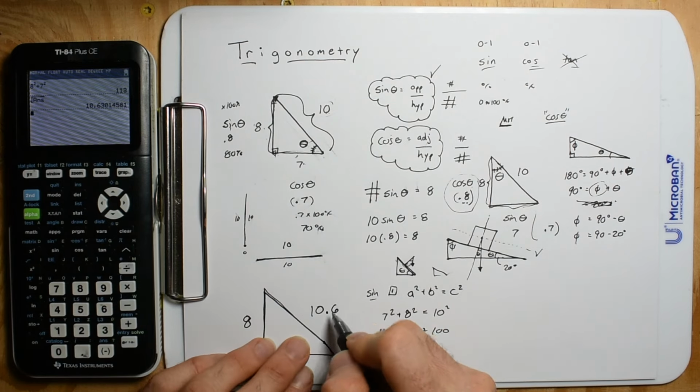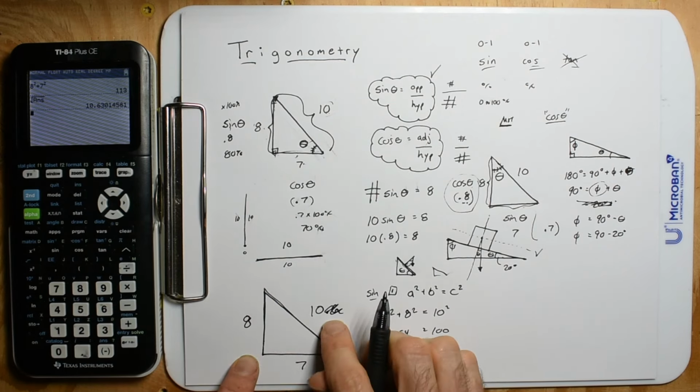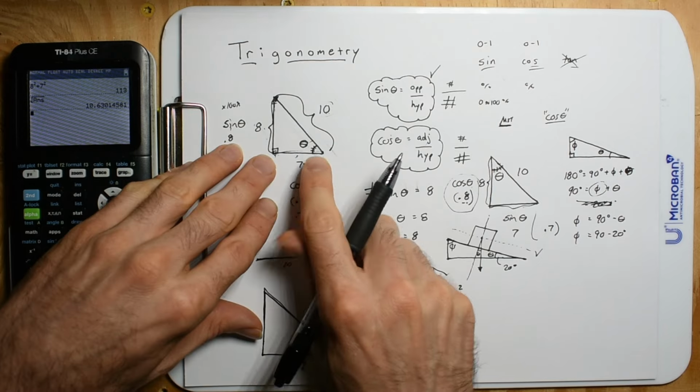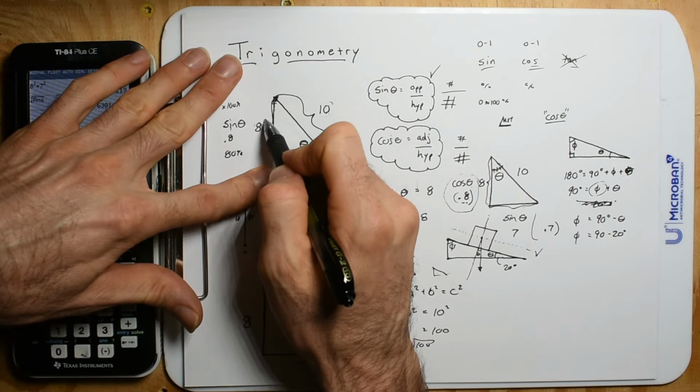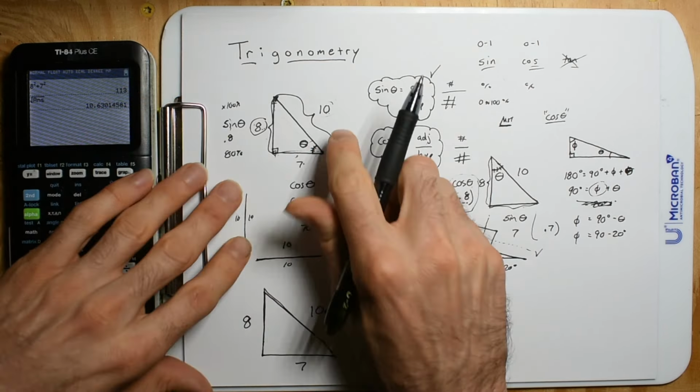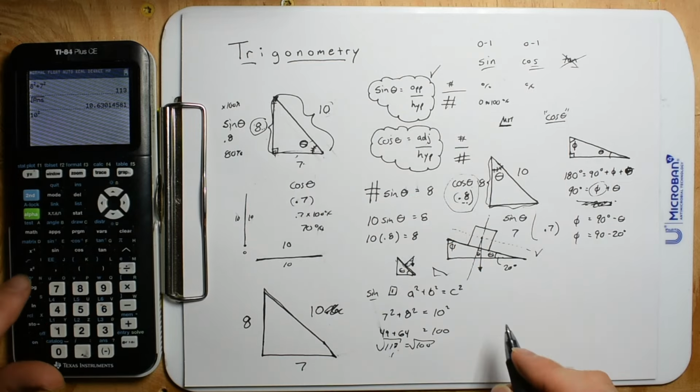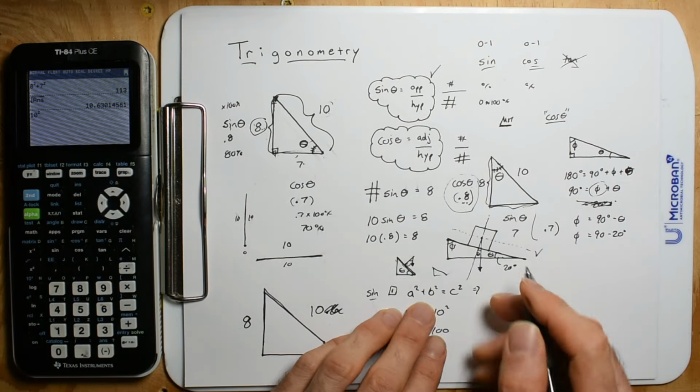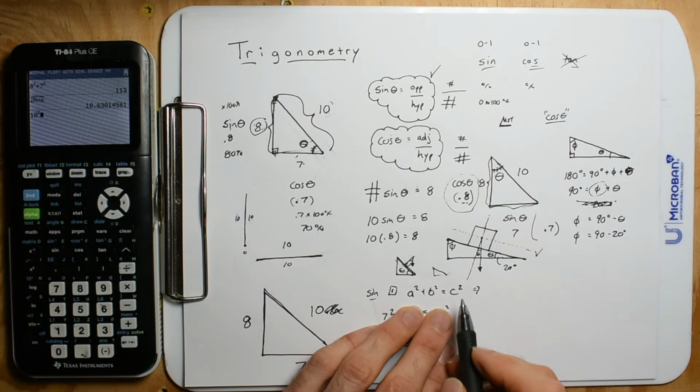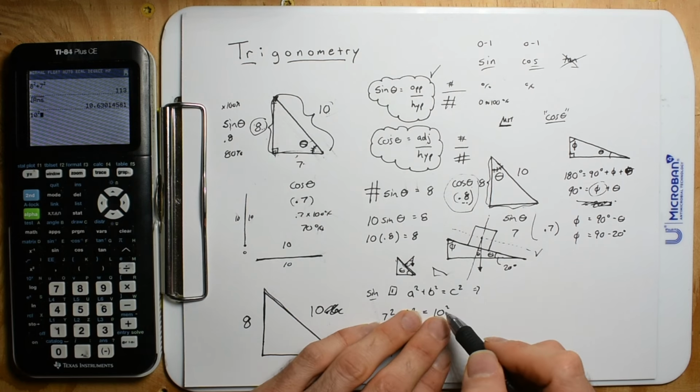You know what I mean? And if this was 10, and we're saying that, which one are we more accurate on? I think I'm more accurate that that's 8. So then we would do 10 squared. And the other thing, Pythagorean's theorem, the next one is like, this is what I kind of teach